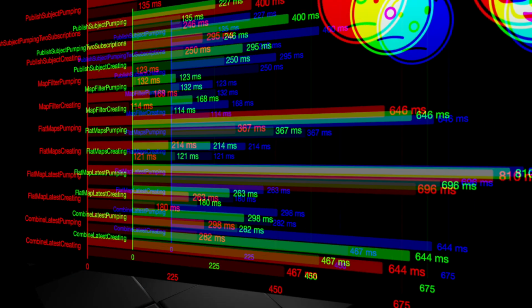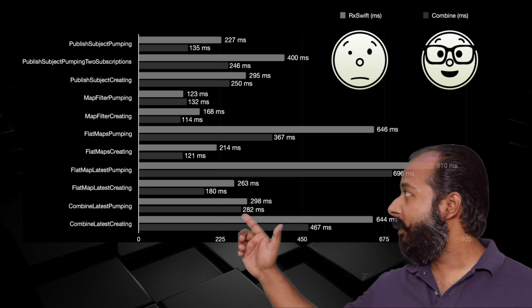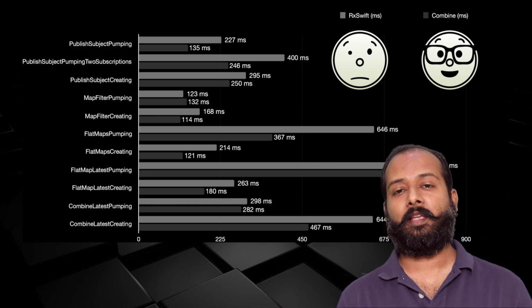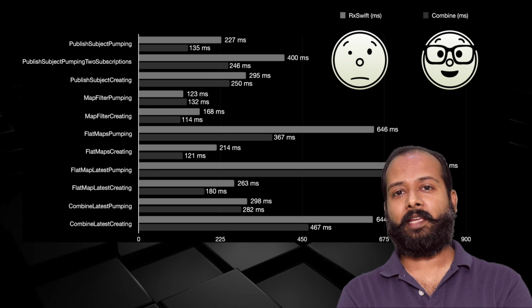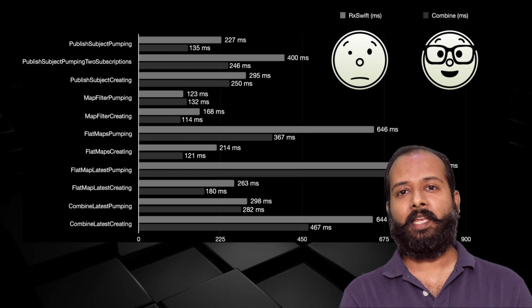We have a very good comparative analysis between these two libraries for multiple operations, where you can see that in terms of performance, Combine is much more ahead in comparison to RxSwift. So let's take a look. So here we are comparing Combine framework against RxSwift library for 11 operations, and you can see that little blackish bar that shows the time taken by the Combine framework is much less in comparison to the RxSwift library.